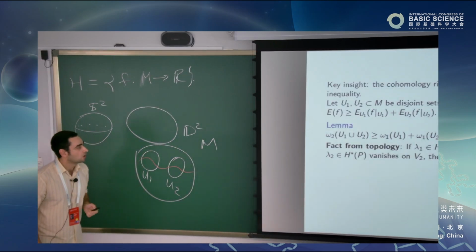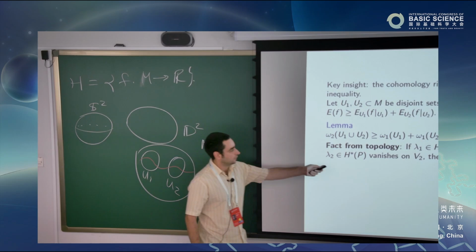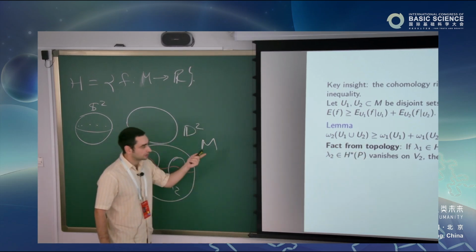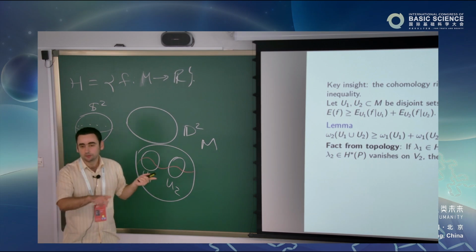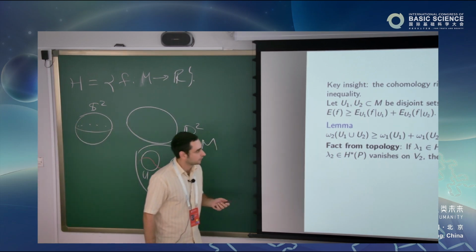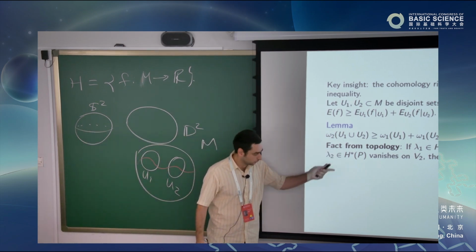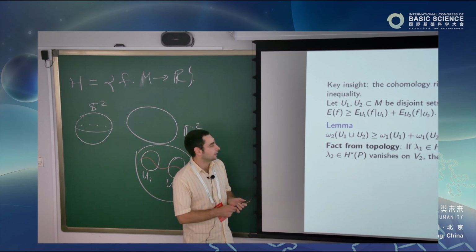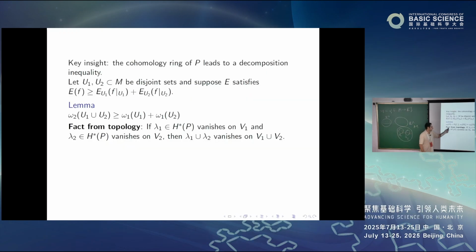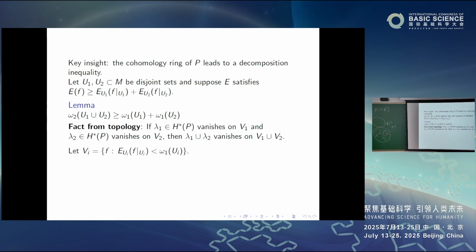And how can you prove that? Well, you prove that using the following fact from topology, which goes back to Lusternik and Schnirelmann, and you usually read it in the beginning of a textbook on the Lusternik-Schnirelmann category. And the observation, which now we can just prove from the Mayer-Vietoris long exact sequence, is that if you have two cohomology elements and one of them vanishes on one subset of your space and another vanishes on another subset of the space, then the cup product will vanish on the union. That's a topological fact.